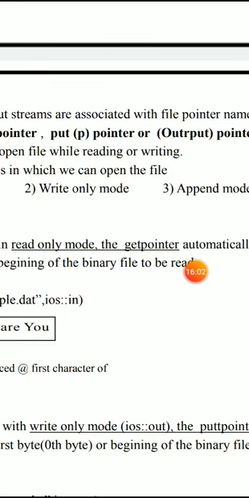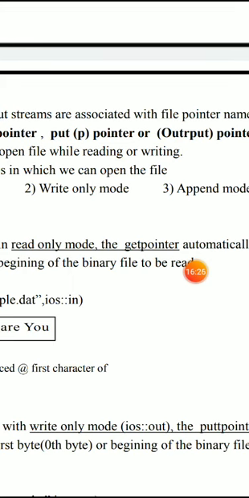Write mode means if you want to write some information in a file, then you open the file in write mode. Similarly, you can open a file in append mode. Append mode means suppose today I have entered a part of a program and tomorrow I want to continue editing the program in the same file. Then on every next day you can open the existing file from the end of the previous day's point.